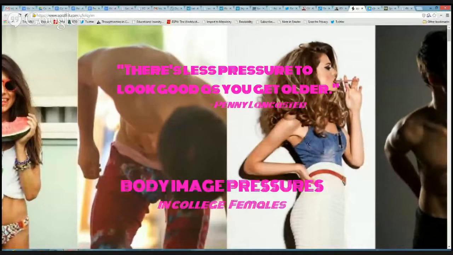So here's a student that was doing a project about body image pressures in college females. And this particular student chose what at the time was a freely available platform called scrollkit.com. Now, I should add, this is no longer available. It's been subsumed, eaten up by WordPress. I'm not quite sure how WordPress has incorporated it yet, beyond maybe just a theme. But you'll notice what I like about this. Well, obviously, it's sort of pleasing to the eye, I guess, for me at least.